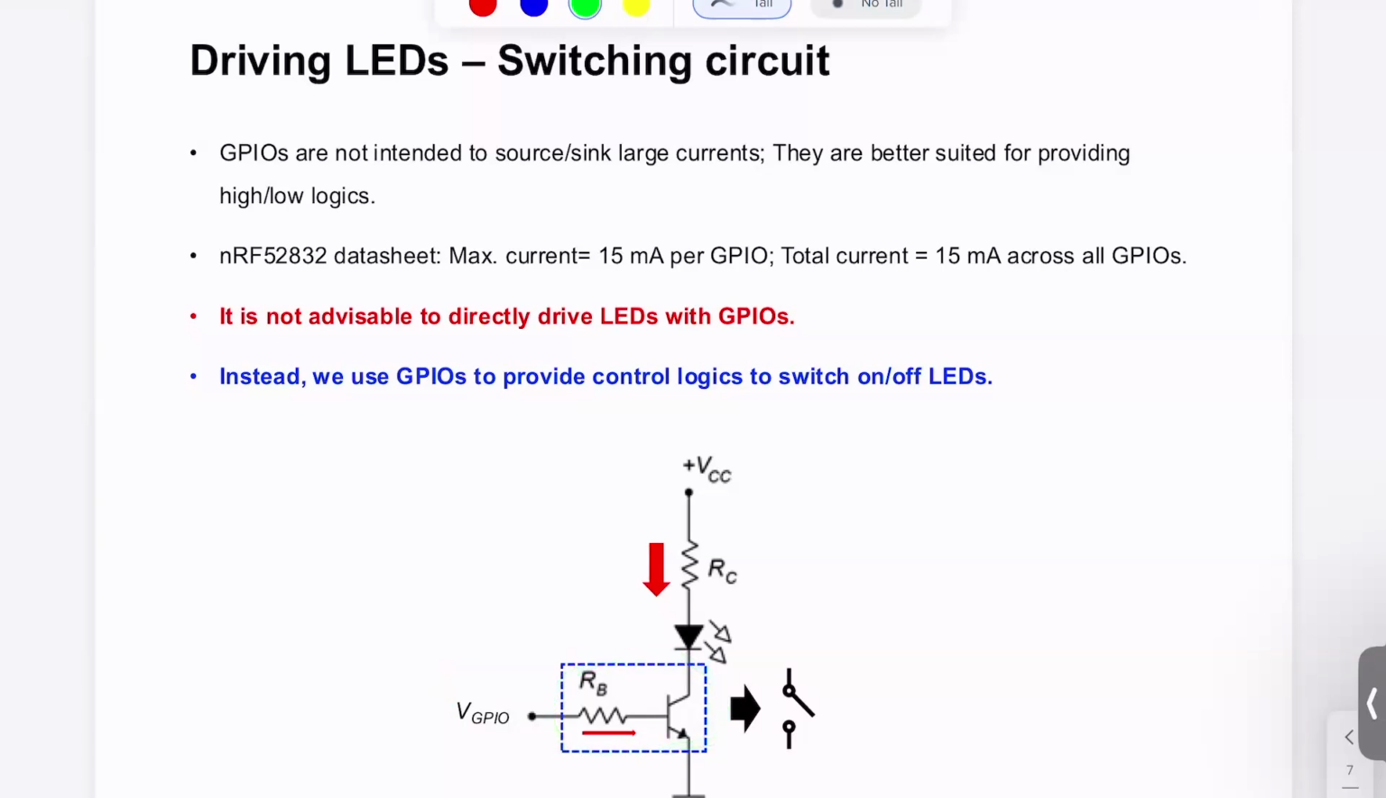And the beauty of this thing is that for the GPIO, you only need a very small current to turn the BJT on or off. But in your main circuit, you can have a large current. So, by using a switching circuit, we are decoupling control signal and power delivery. So this is your switching